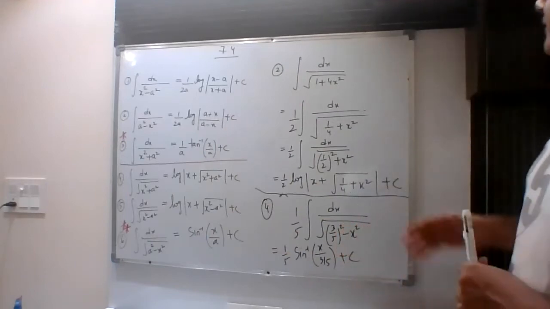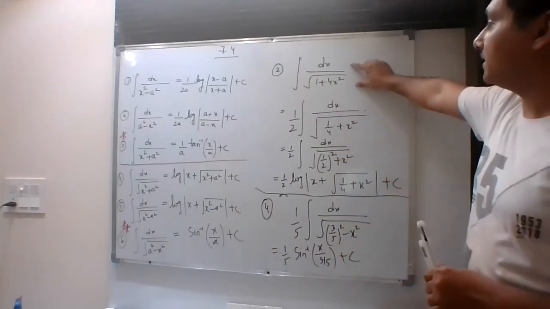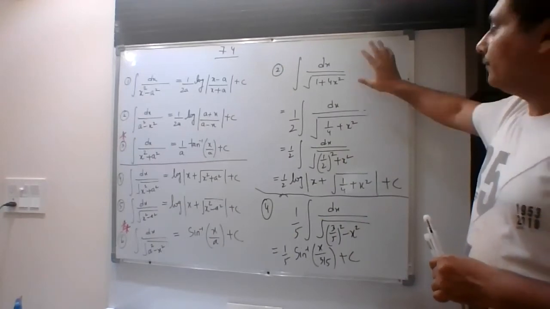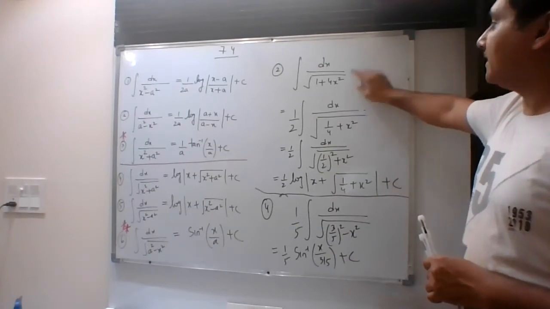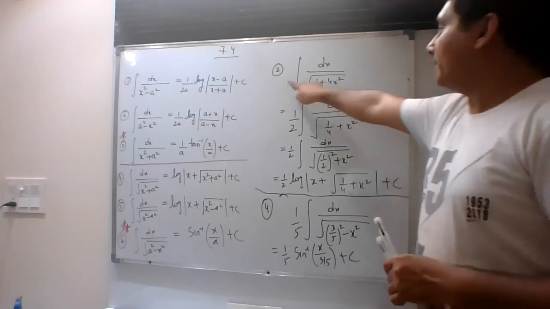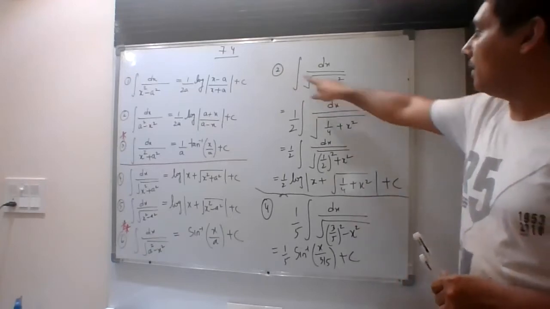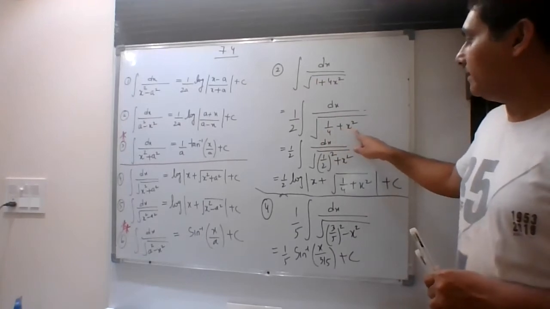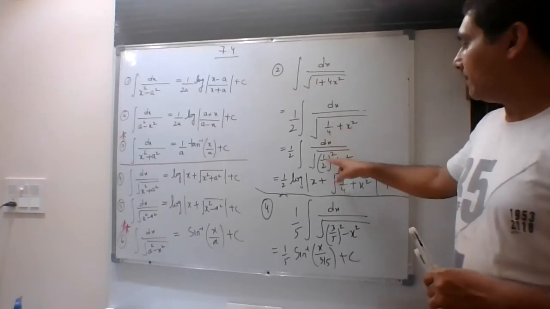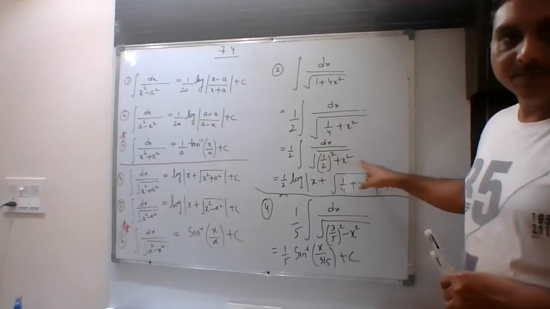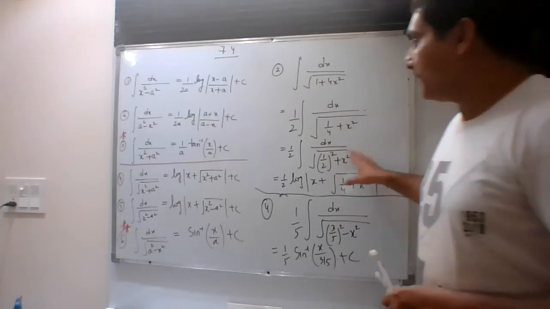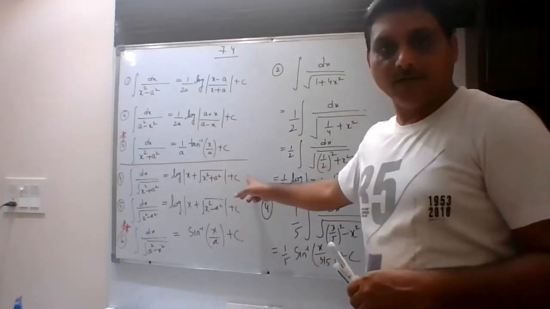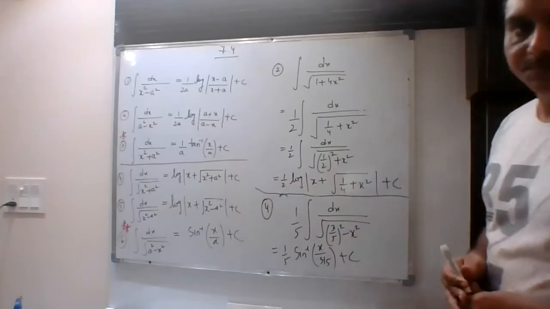Now you can see 7.4 exercise, I had just written this question number 2. In question number 2, your approach will be, first step, you will take this 4 common from this root. So when I take this 4 common from this root, I can write this as dx upon under the root of 1 upon 4 plus x square. Now, this 1 upon 4 can be written as (1 upon 2) whole square plus x square. After that, you can compare it with these. You can analyze that this is comparable with this fourth formula, apply it, and get the final answer.